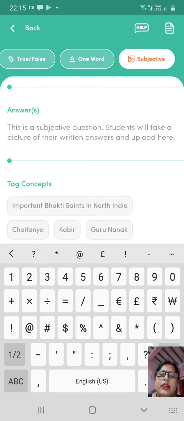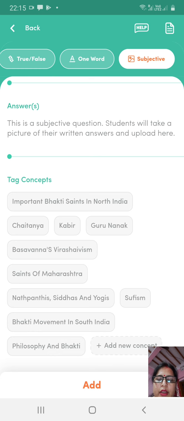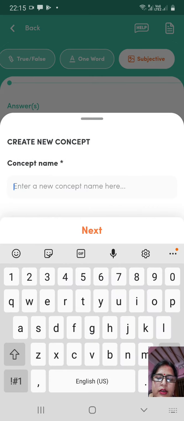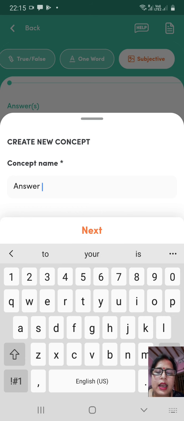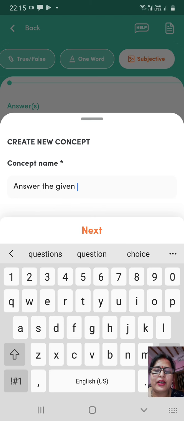And now tag concepts are given. Here you will add any of them. If you don't want to select from here, you can add a new concept. Here I can write the answer to the given question.